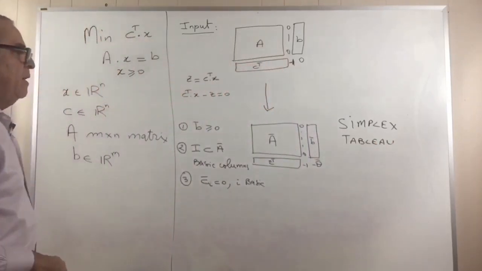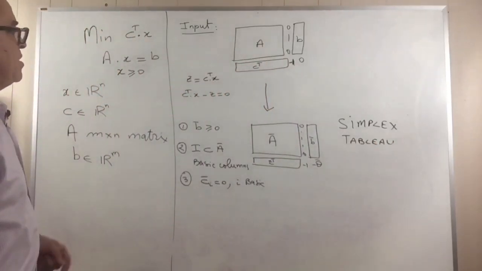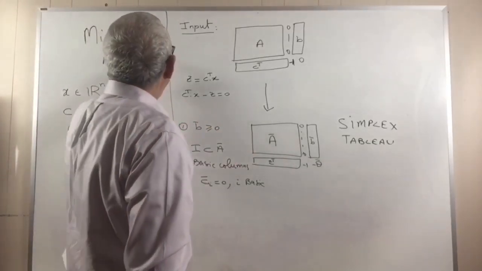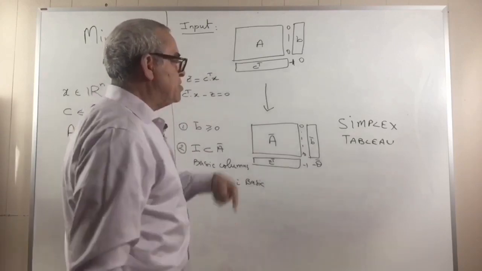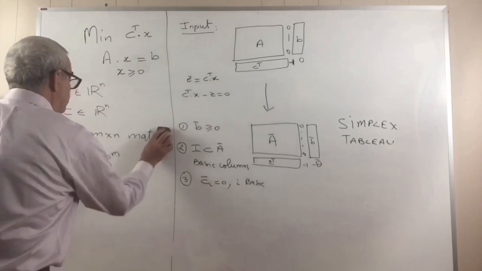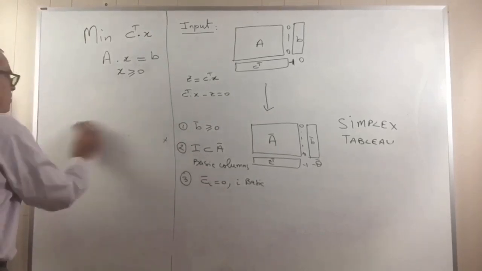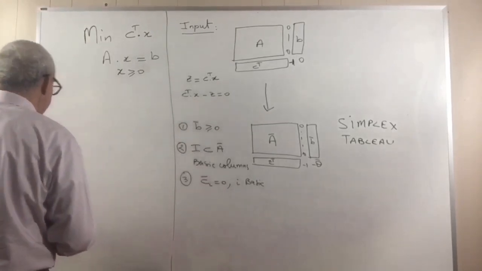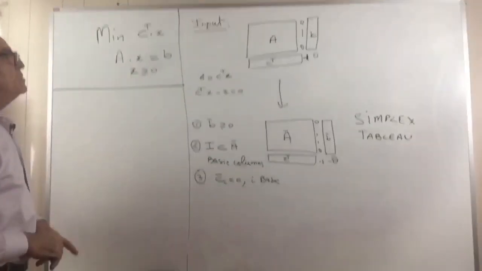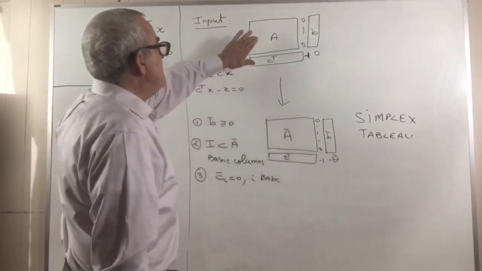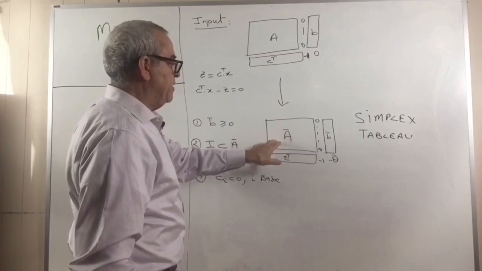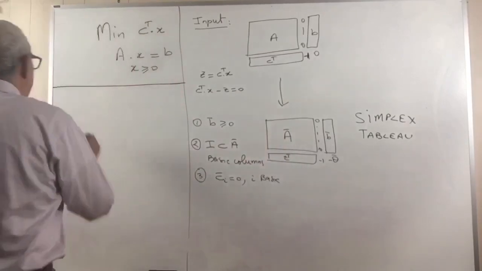Okay, once we have a simplex tableau, once we have something like this, then we could go ahead and optimize this using the simplex iterations. So let's write down some formulas with this first. Let me remind you of some formulas. Since we started with this matrix and we were able to put the identity matrix here, right? Then A bar,